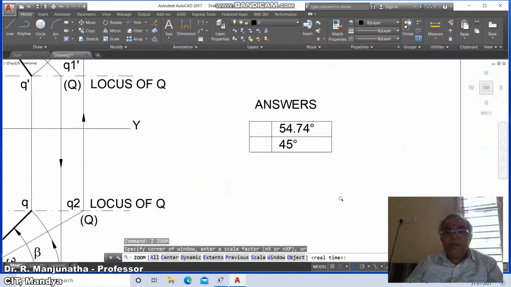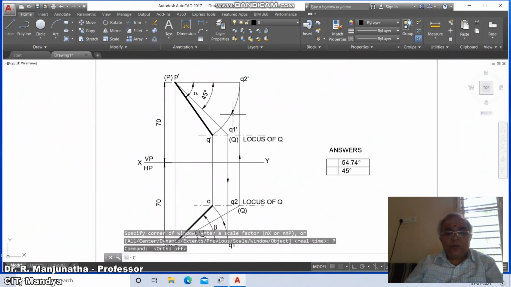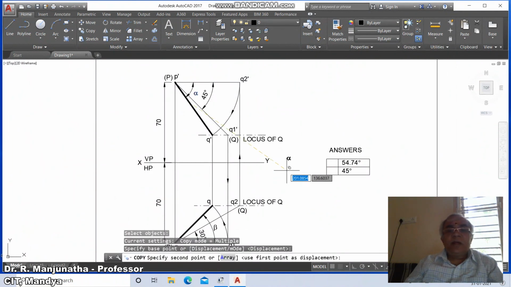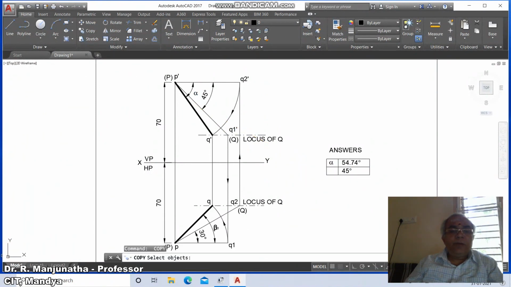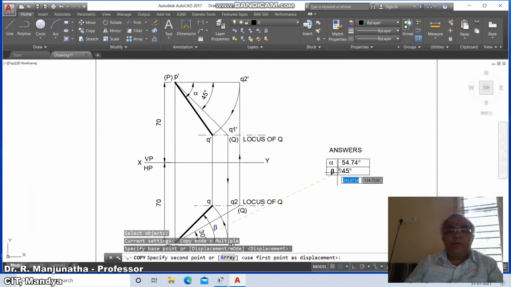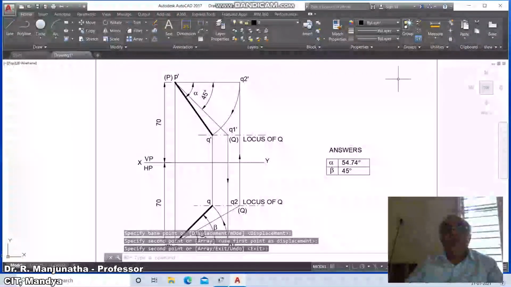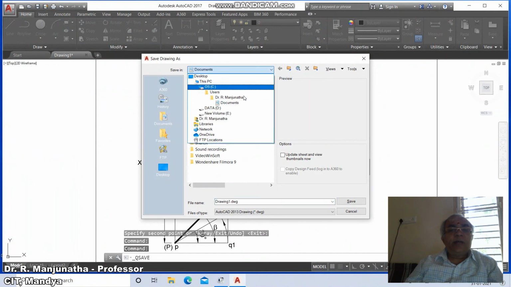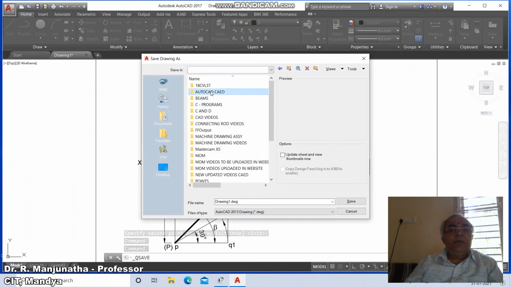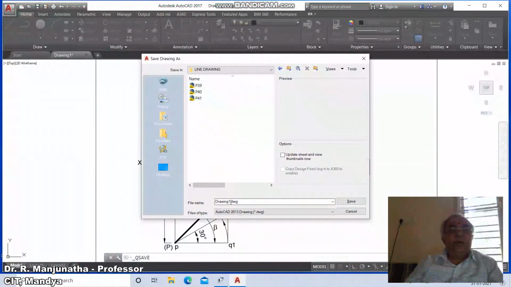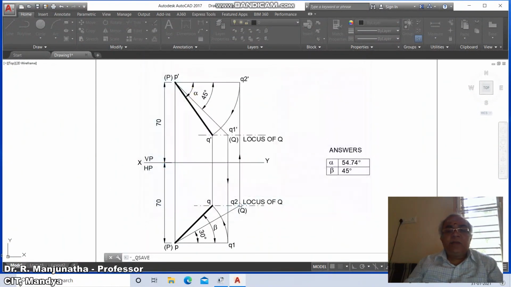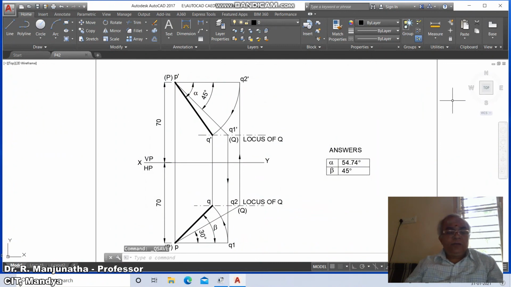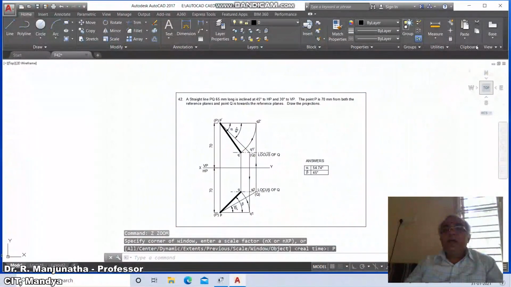So similarly, you put the ortho mode, go to copy this and take alpha, and here copy and take beta. So this is how you will be able to create the drawing, and then go to save, click on the appropriate drive, come down to E, go to AutoCAD CAD, line drawing. So here put the caps lock on, P42, and save it. And finally, you just go to zoom previous, and then finally